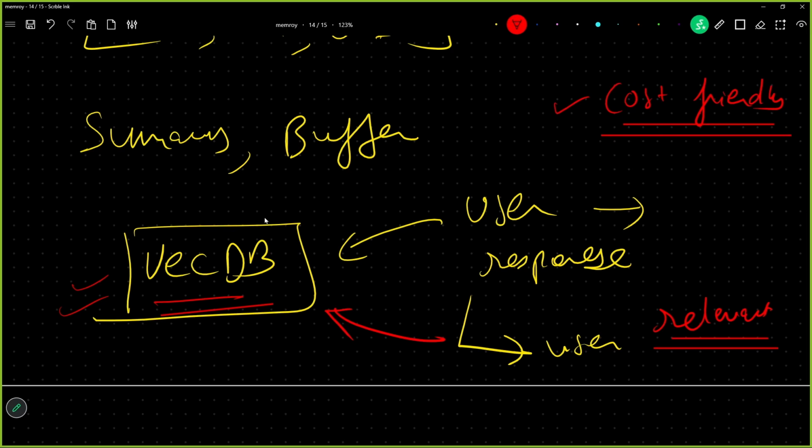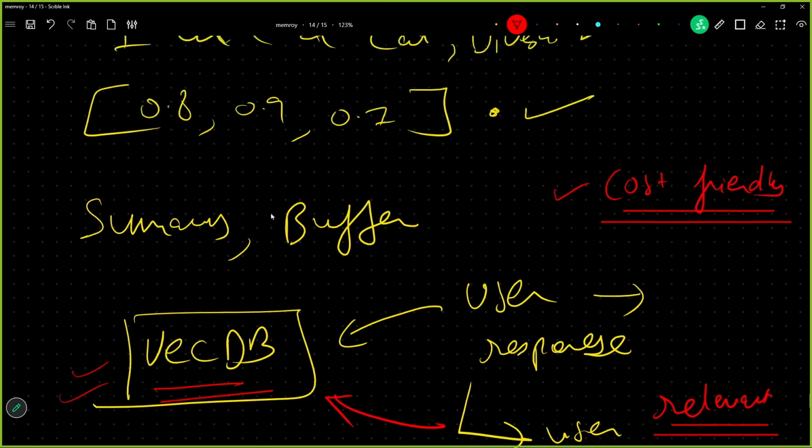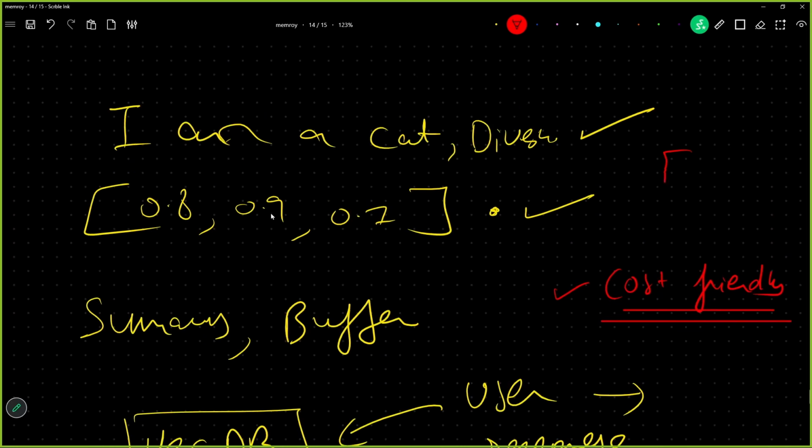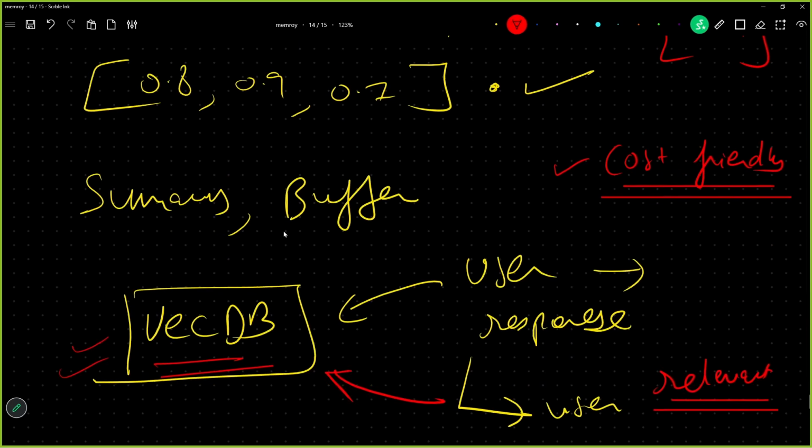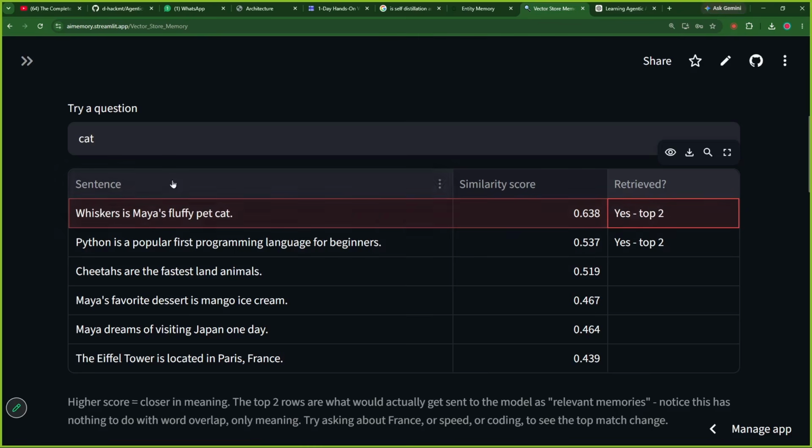Here I am not talking about maintaining any window, any sliding window, or any buffer. Directly, the moment a message has come, it will be sent to a vector database. Yes, we can create a hybrid where a vector database will be there and a buffer will also be there. That is what I was saying, innovation. A hybrid can be there and people have implemented this hybrid, but directly it will be stored in the vector database. So this is how it looks.